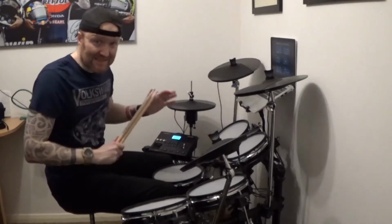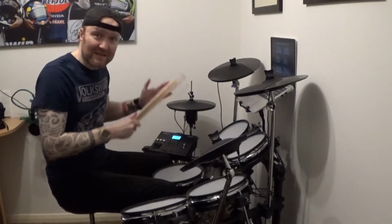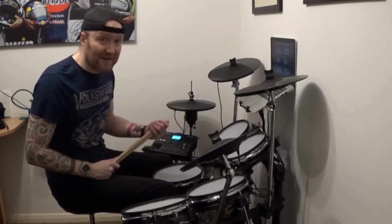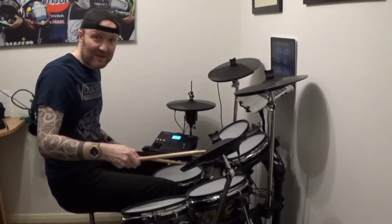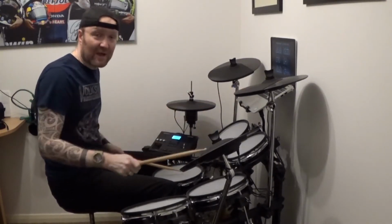Pattern 7 is exactly the same as a previous pattern that we've played because of bass drum beats on the 1 and the 4, but it's just played on the ride instead of the hi-hat. So there's no need to run through pattern 7. And pattern 8 is a very simple beat that just has ride and bass drum on the 1, and then crash and snare on 2 and 3. So